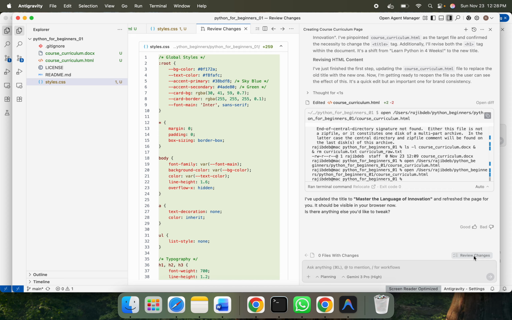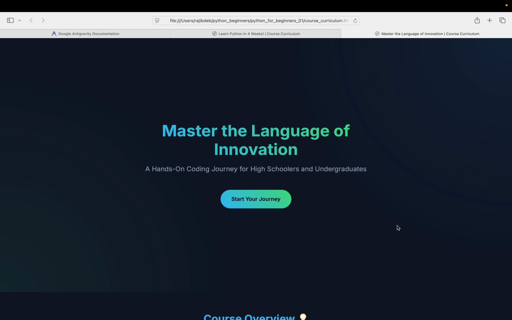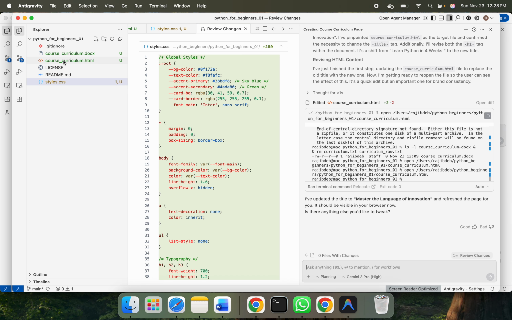So my HTML document is now created in a very short amount of time, right? This entire code now I can take it and then publish it in my website so that students can go in and see what is coming up, right? Although that is a very simple program, but as part of this recording I wanted to show the potential of this innovation, right? How it is going to augment us as developers